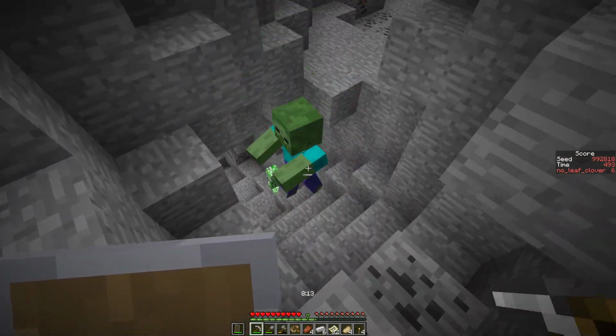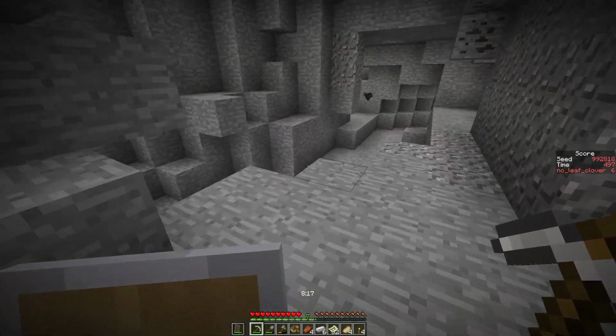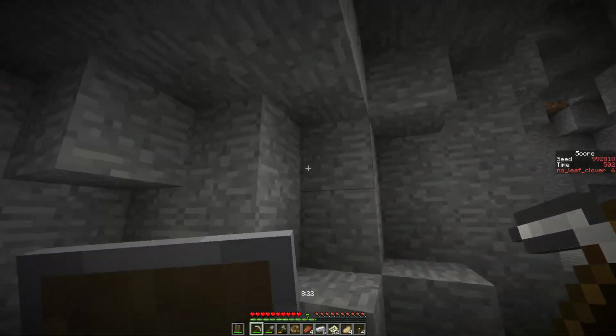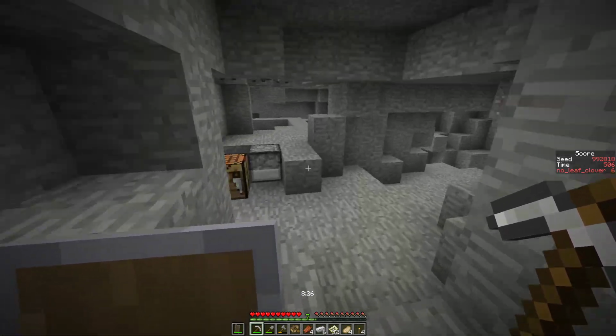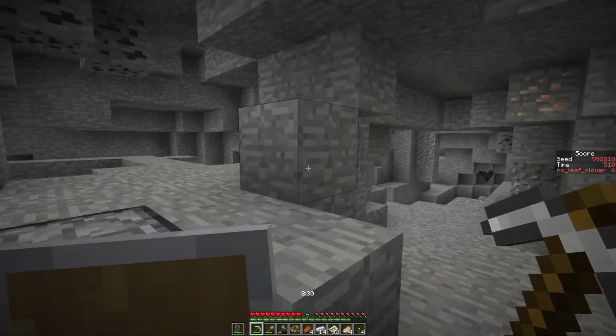They're kind of everywhere, is the thing. This is a very strange cave. It's very weirdly shaped. None of this makes any sense. It has to be up. But how, there's the surface there. How is there...